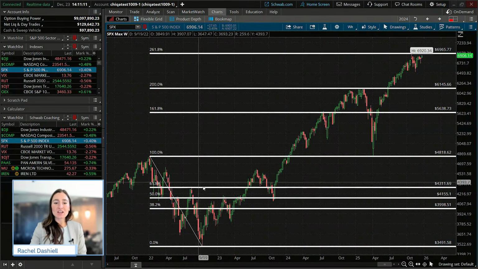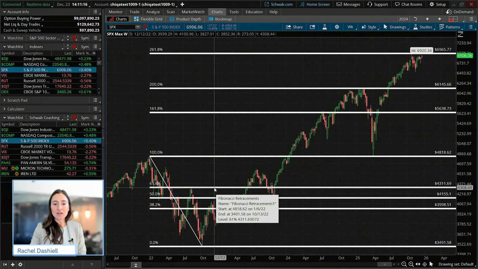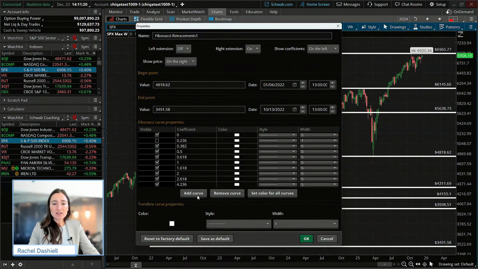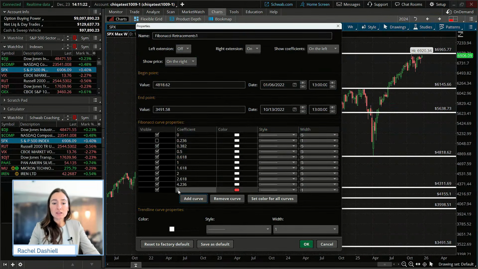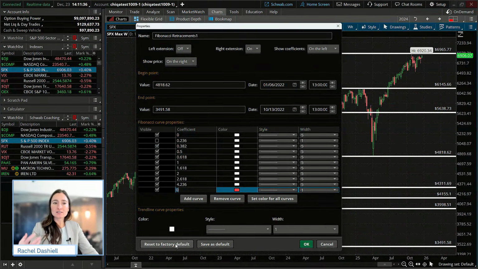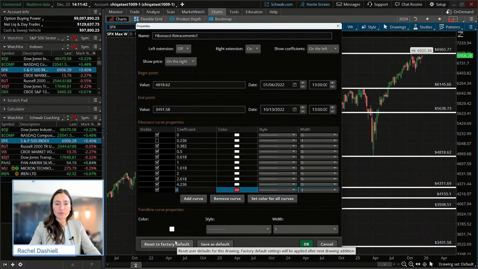So if you want to change, hide, or add Fibonacci levels, you can actually take this drawing and right click on it, edit the properties of it, and you can actually add different curves and type in those ratios. But for those of you that have that factory default of it showing those, I just wanted to make the kind of comparison to what traders typically use, how my drawing looks like on my S&P 500 chart versus what you're probably seeing on yours if you're using the Fibonacci tool for the first time.